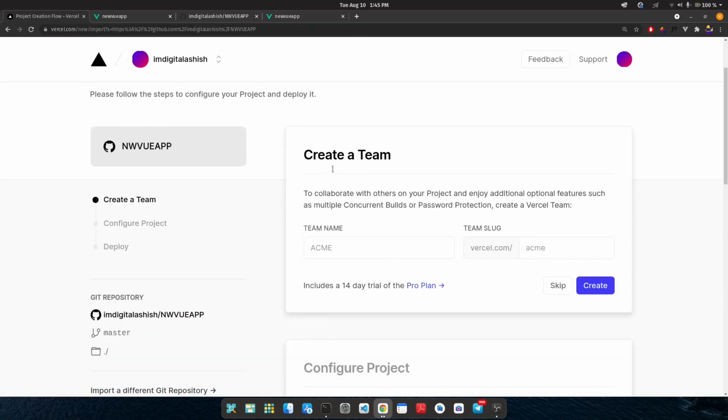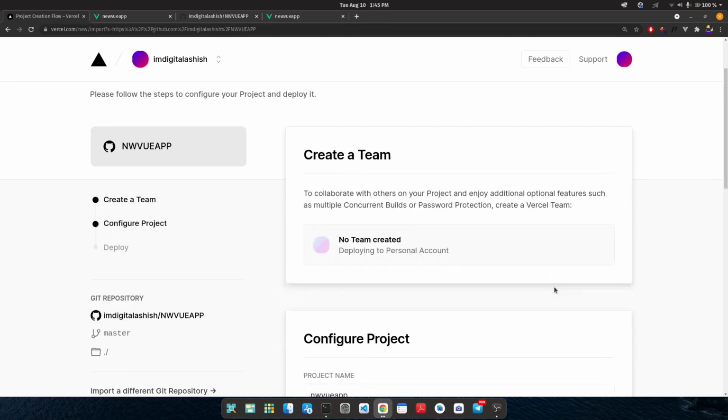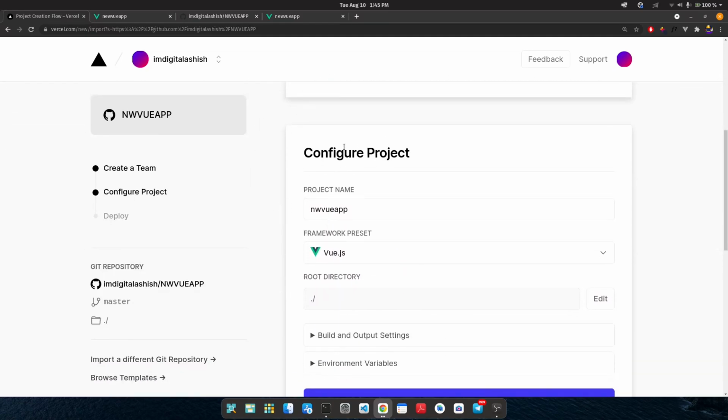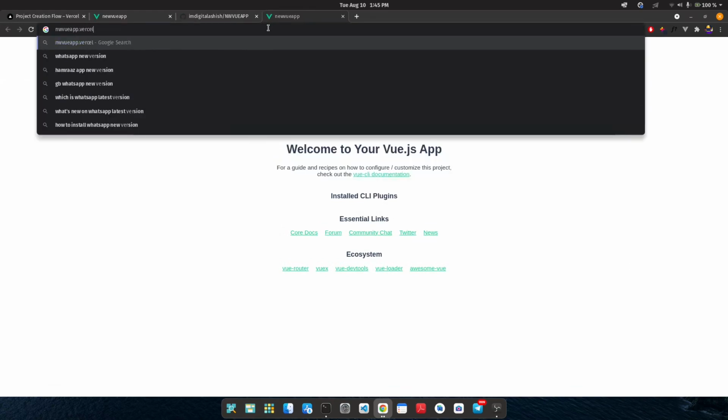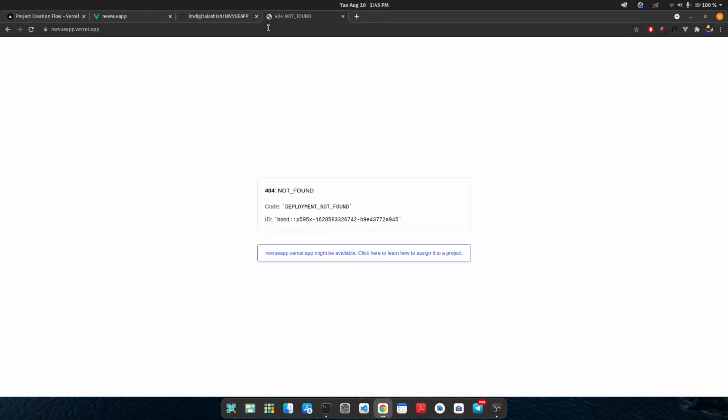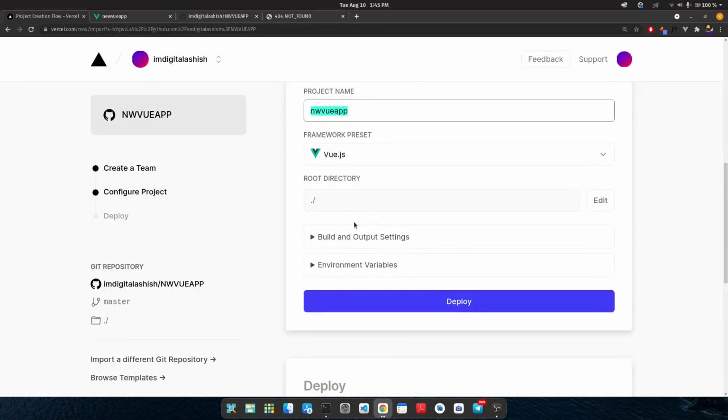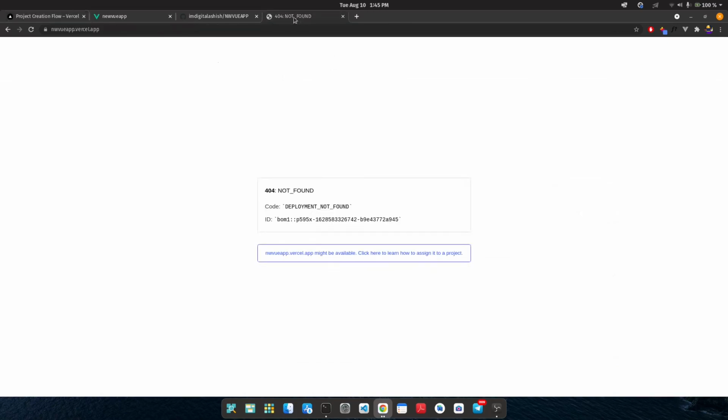After that you can create a team if you want, but I'm going to skip. The next thing is to configure the project. My project name is new Vue app. If you want this as a domain name, you can go here and check if this domain name exists. As you can see, this domain name does not exist, which means that if you deploy this website, it will be here.